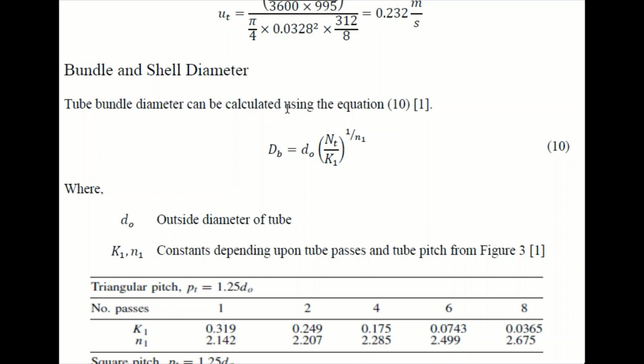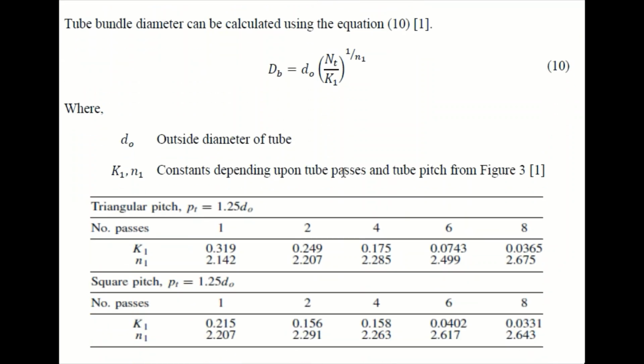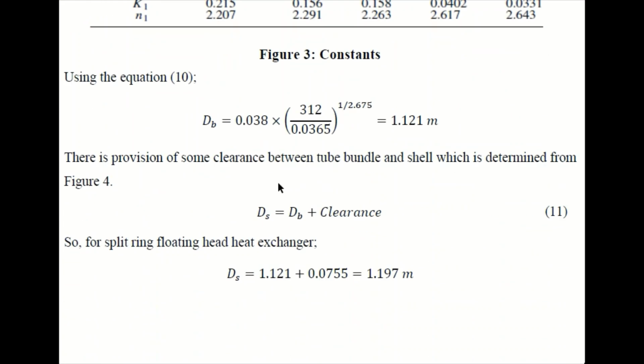So for that we have this correlation, which is basically dependent upon the number of tubes and tube outside diameter, and here we have two constants which depend upon the orientations. So based on the selected number of tube and shell passes, we can have these constants k1 and n1. So using these constants we can determine the value of bundle diameter, which is